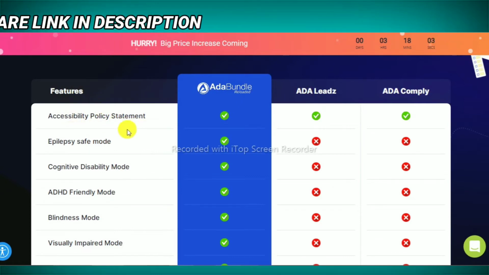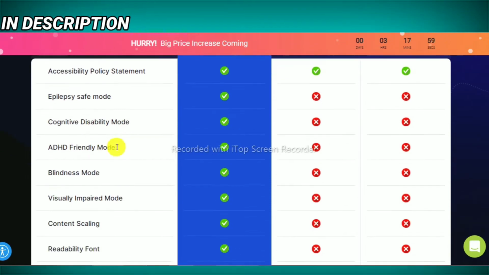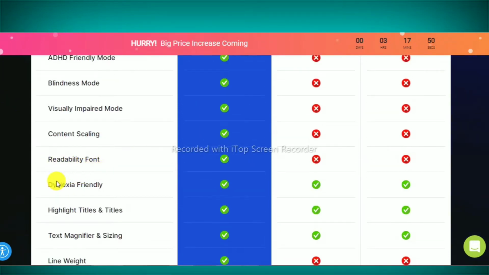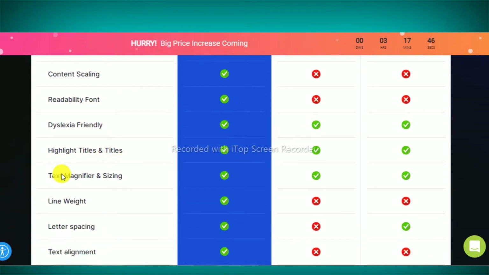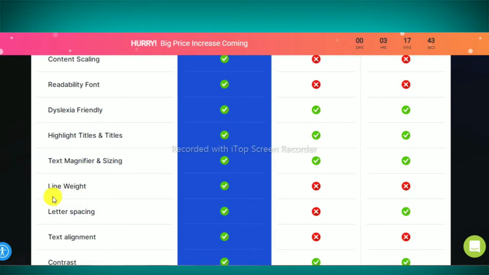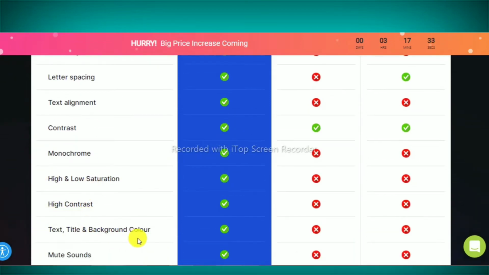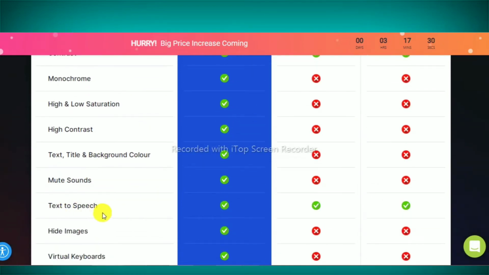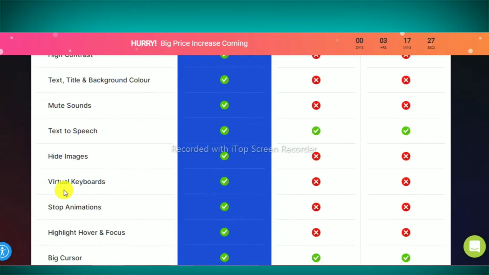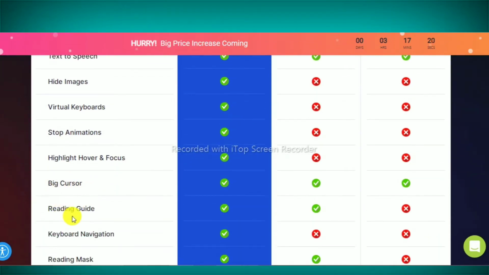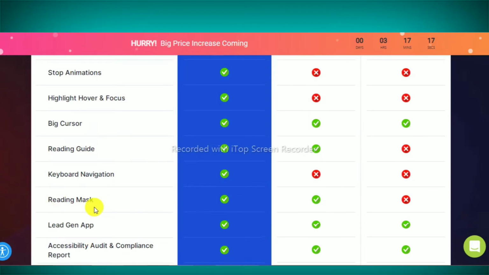So first feature is accessibility policy statement, and second is safe mode, third cognitive disability mode, ADHD friendly mode, blindness mode, visually impaired mode, content scaling, readability font, dyslexia friendly, highlight titles, text magnifier and sizing, line weight, letter spacing, text alignment, contrast, monochrome, high and low saturations, high contrast, text, title and background color, mute sounds, text to speech, hide images, virtual keyboards, stop animations, highlight, hover and focus, big cursors, reading guide, keyboard navigation, reading mask,